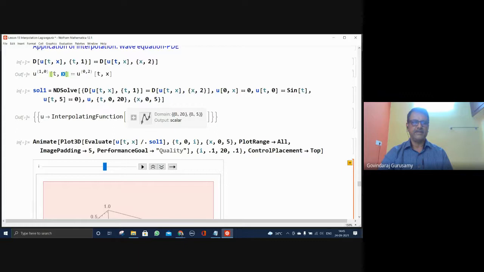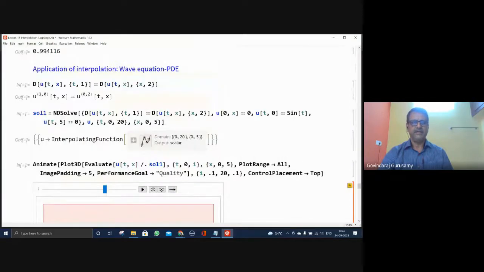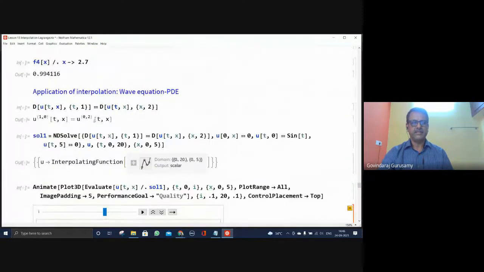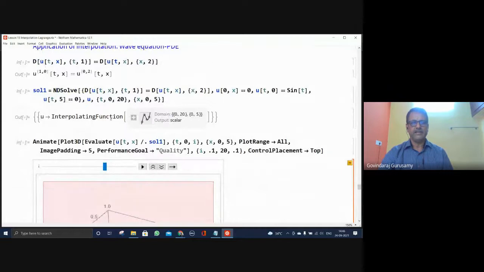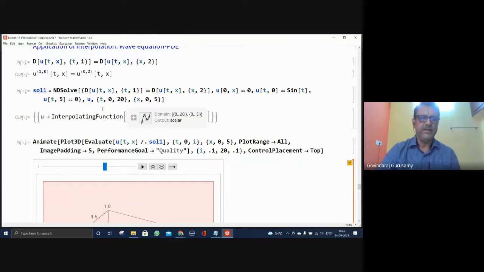Now in this I have taken first order here in time, second order in position, and then repeat that also with second order in time, second order in position, and see how this will be. And the idea is to show how the interpolation is being obtained and that interpolated value is being evaluated here. Then you are just looking at the animated wave-like structure that can be seen for this equation.